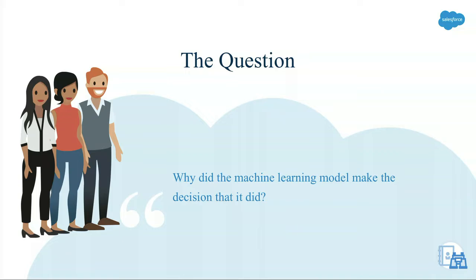If a data scientist is asking the question, she is interested in her ability to debug the machine learning model. If it's a legal officer or a compliance officer who's asking the question, he wants to know if the company and their people are protected in case of a regulatory audit. If it's a non-technical end user who's asking the question, they really want to know: does Einstein really know what they know? They have all these years of experience and years of intuition. Does Einstein have all of that information? So, model explainability is answering that singular question.